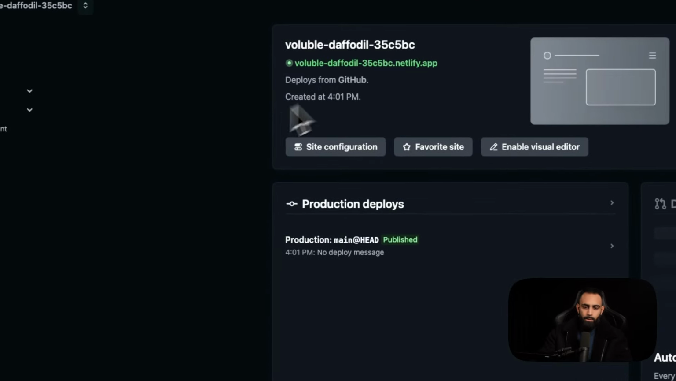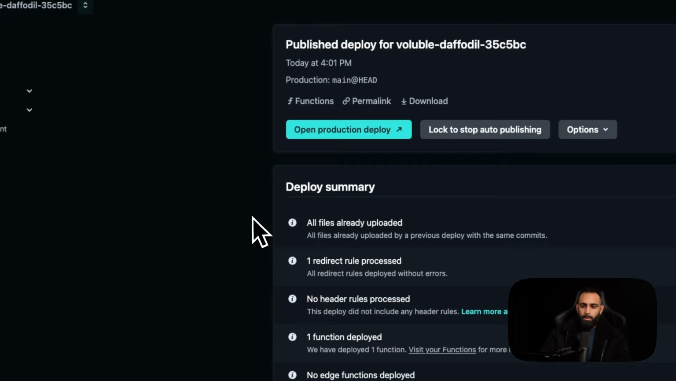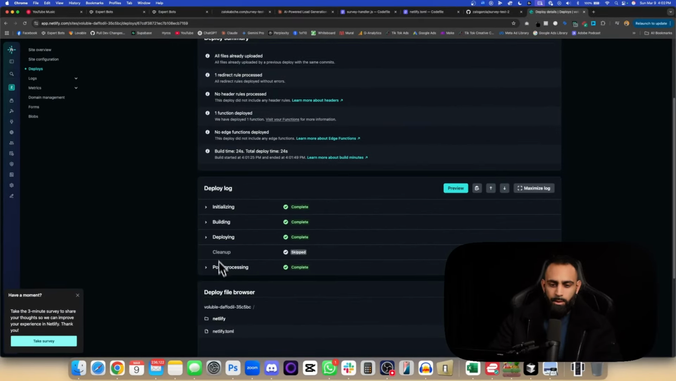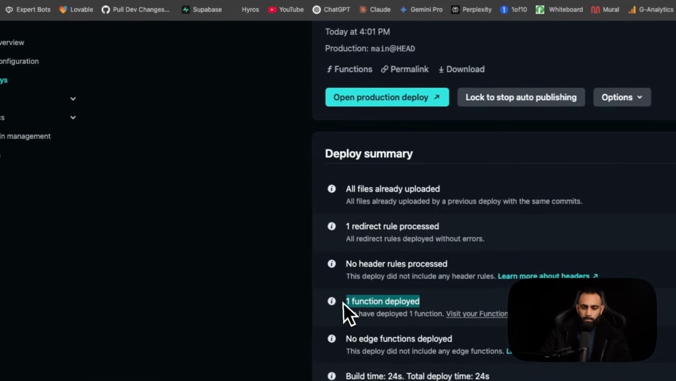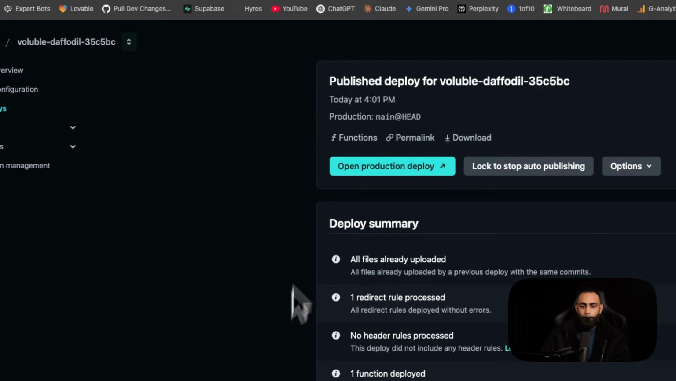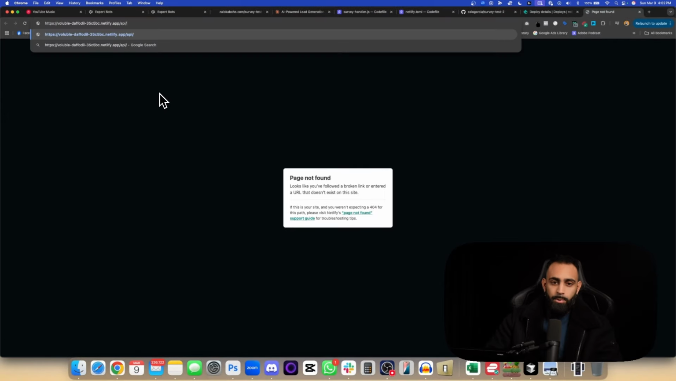All right, so now I published it. Now let's go into the production in here. Everything's complete. Cleanup, done. Okay. I'm just going to make sure it says one function deployed. If it says that, then you've done the correct job. So let's click on here, which says open production deployment. And then this is the URL that you're going to use. All we've got to do is make sure you put /API